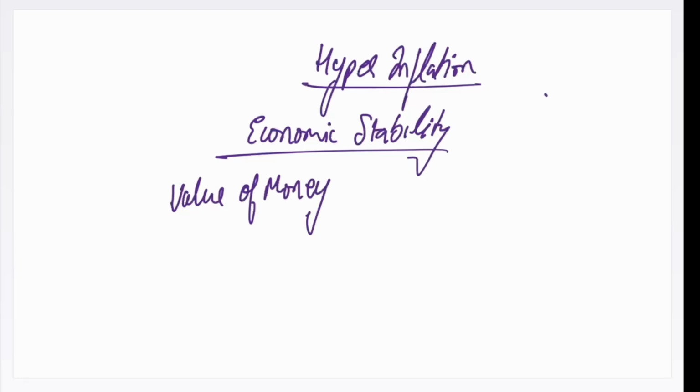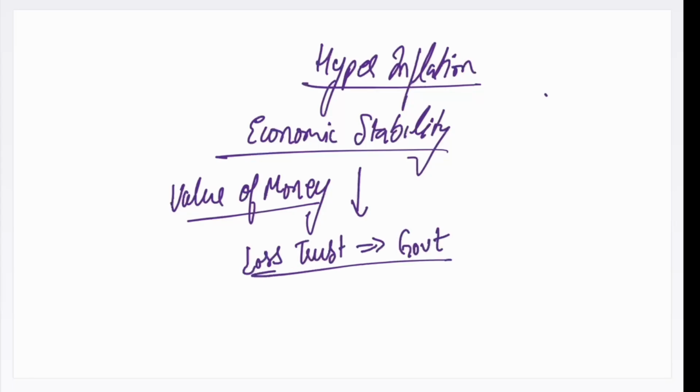And what is money, we'll understand as we go in the next session. But for the time being, we'll just understand the value of money has gone down drastically. When does the value of money go down? When there is loss of trust in the government of the day. Because money is what? Money is an instrument to buy and sell goods, right? So if this instrument loses value